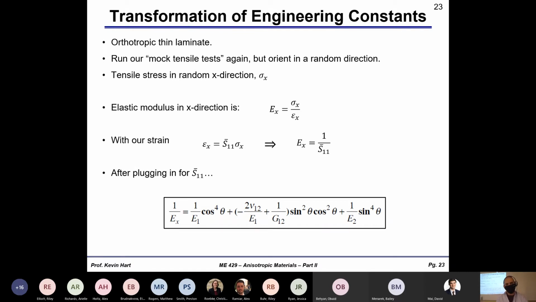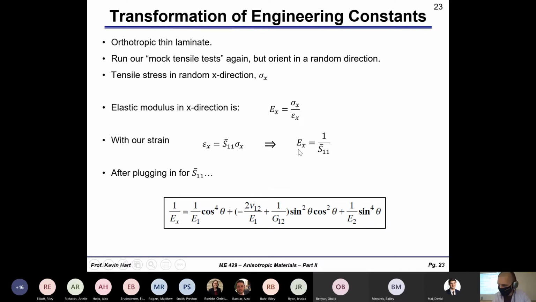Okay, just like you saw with that tube. Okay, you're pulling across the longitudinal axis of the tube. You want to know, okay, maybe how stiff is the tube in that X direction? You might want to know that, okay? So we can do that by running these mock experiments again, and then calculating the modulus in the X direction. If we're just putting a stress in the X direction, we can do this transformation where we look at, all right, the modulus in the X is just the stress in the X on epsilon X, but we know that the strain in the X follows this Hooke's law with this